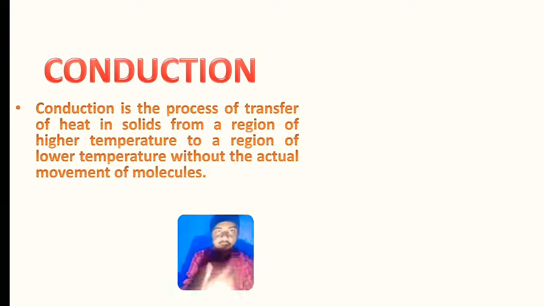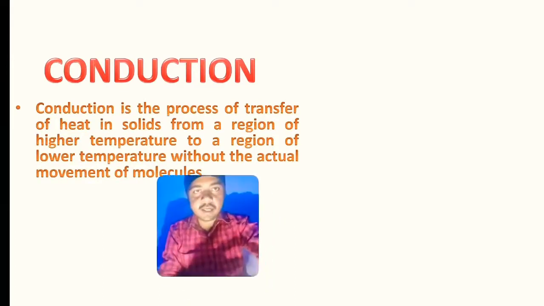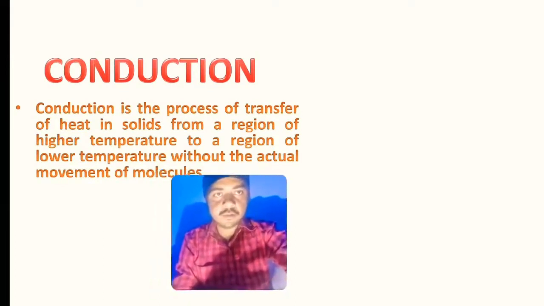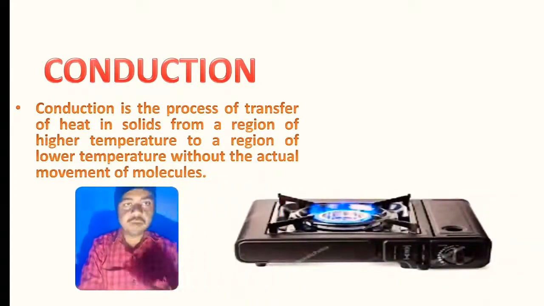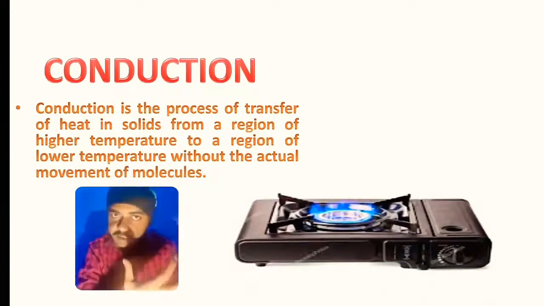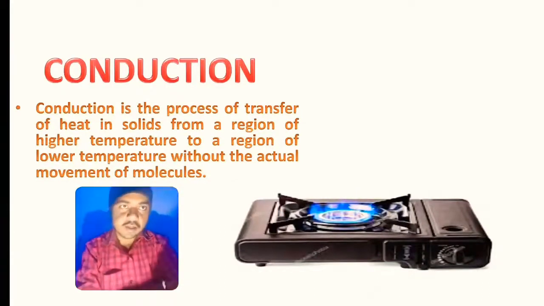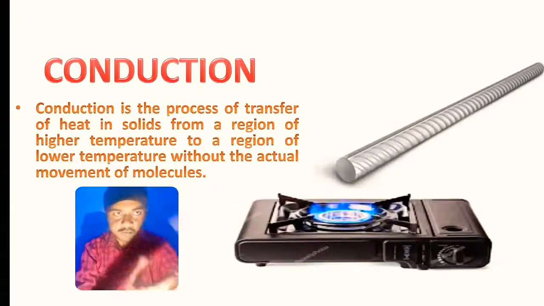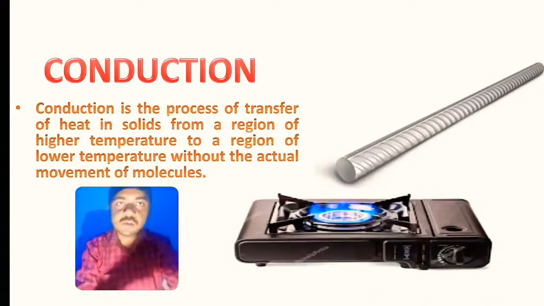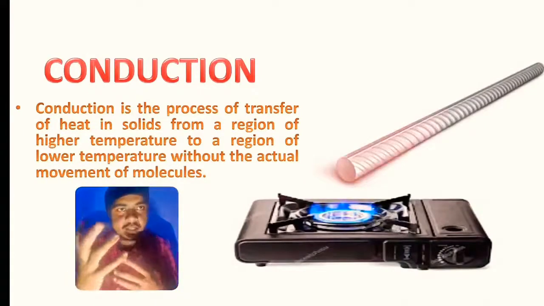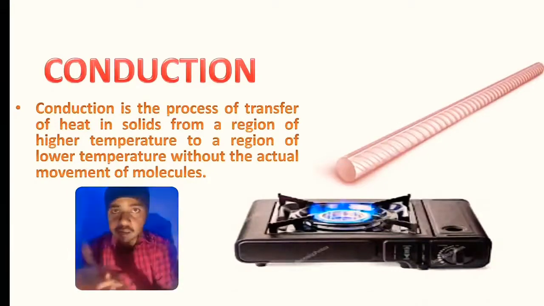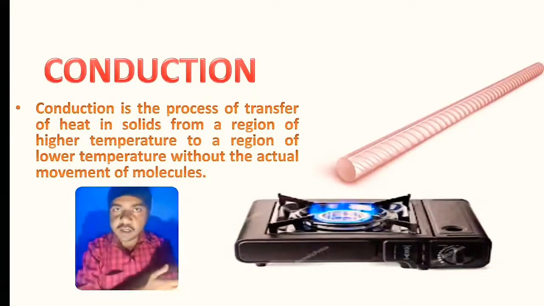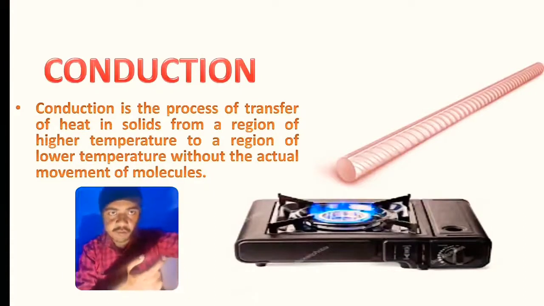To understand it even better, we can take a hot medium, which is a gas stove in this condition, and let's see how conduction happens. Let's take an iron rod, and we put it on the flame. Slowly, with time, what will happen? Its temperature will increase. The whole rod will become red and hot slowly. This process is called conduction. The heat is conducted from the beginning till the end.